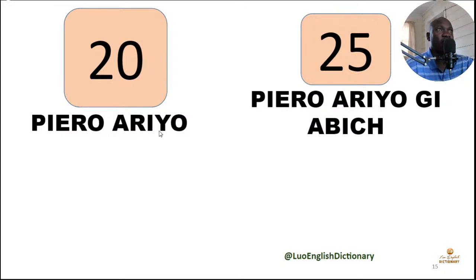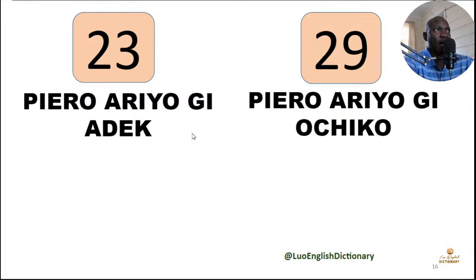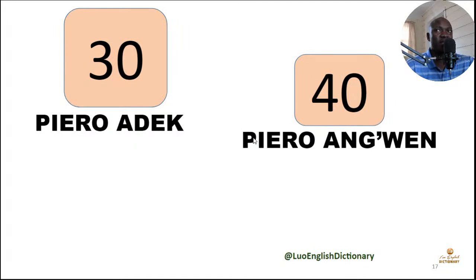So Piero ariyo gi abich. Piero ariyo gi adek. That would be 2 tenths and a 3. Piero ariyo, because ariyo is 2. So 29 would be Piero ariyo gi ochiko. Okay? Now, if you go to 30, 40, 50, 60, 70, because now that is all about